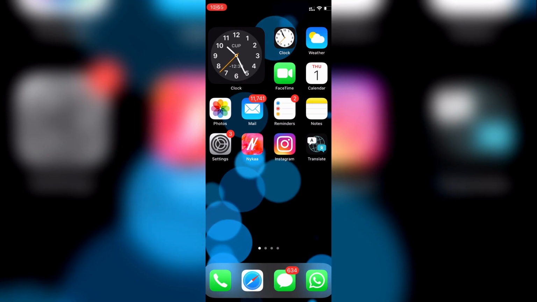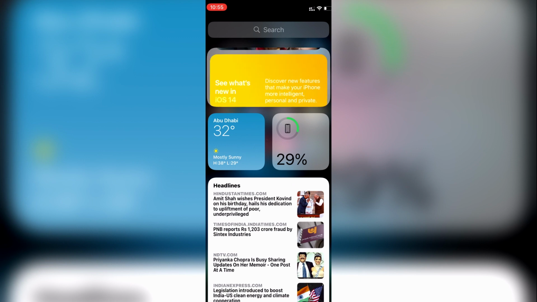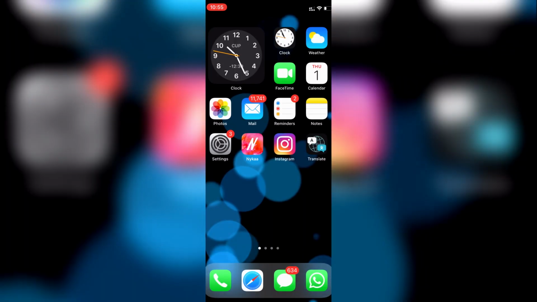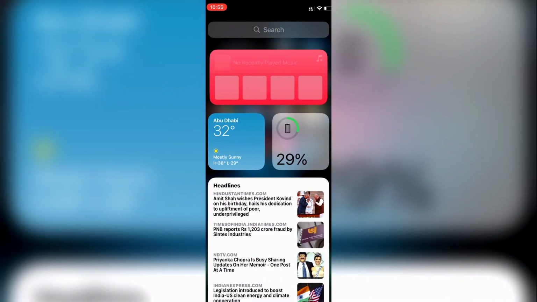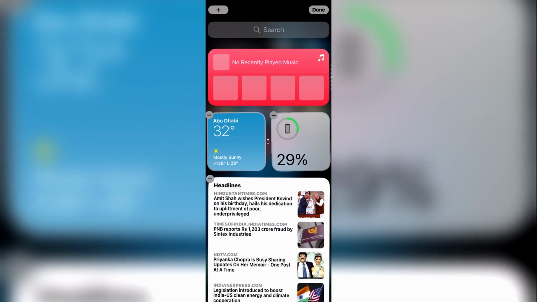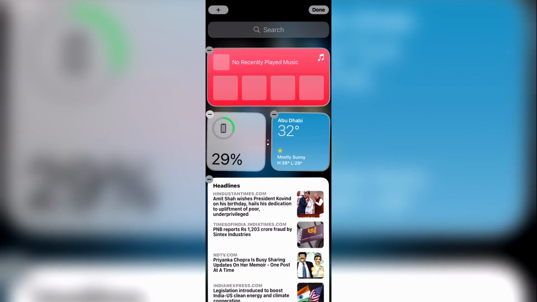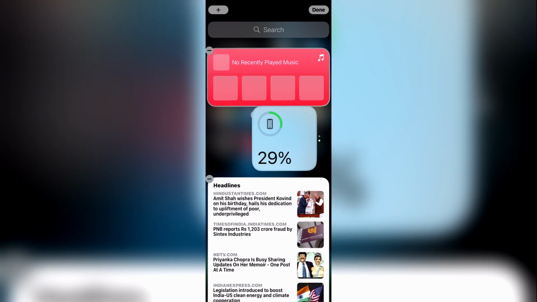So let's discuss widgets. With widgets, you get timely information from your favorite apps at a glance. With iOS 14, you can use widgets on your home screen to keep your favorite information at your fingertips. And you have a provision to stack more than one widget in a single place, so at a time you can just scroll around your widgets and get all the useful information about the favorite apps that you want.